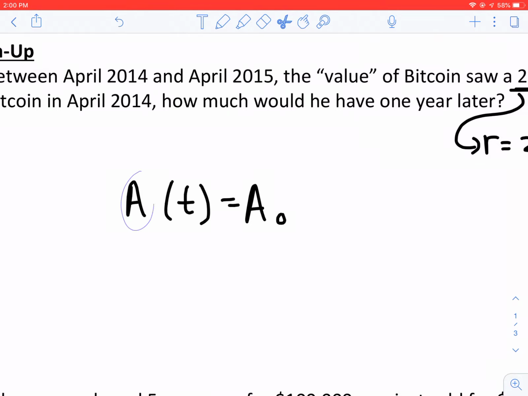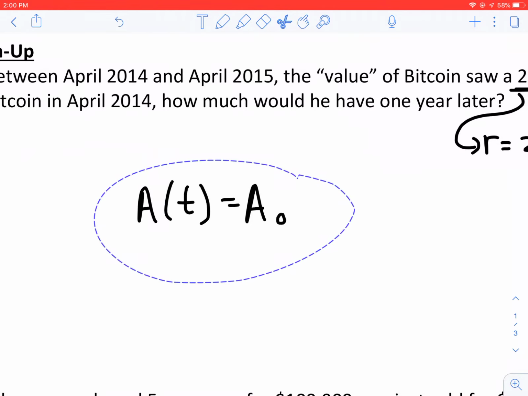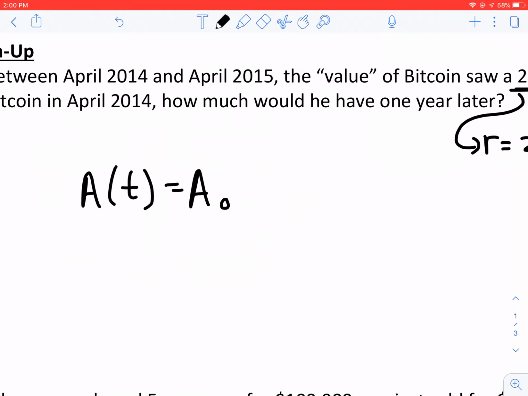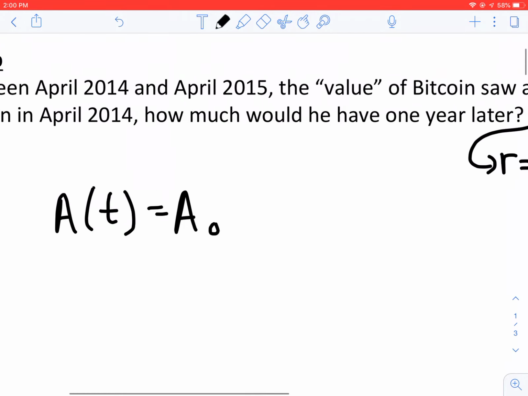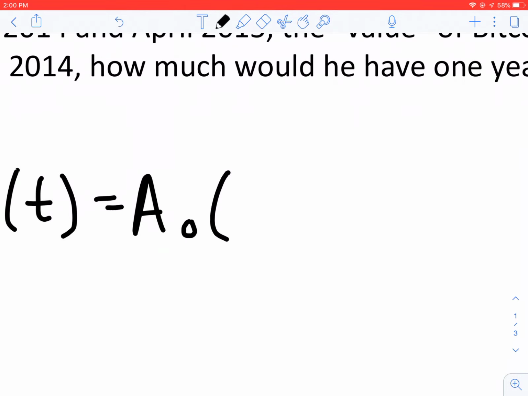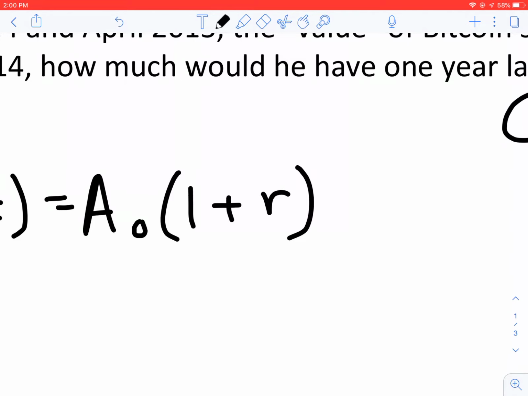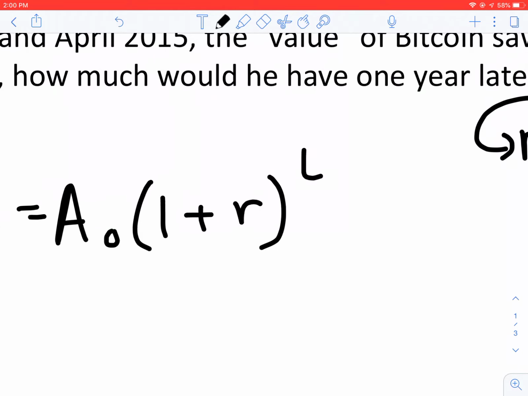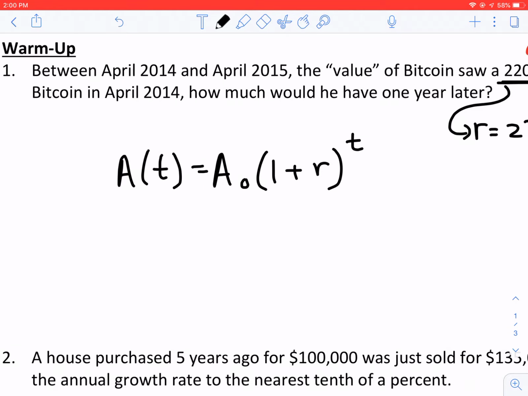It doesn't really matter what letter you use, but I'm going to change it to A of t today. So the amount of something after time t is going to equal the initial amount times 1 plus r, if it's rate of growth, 1 minus r, of course, if it's a rate of decay, or something's decreasing, to the t power. So in this instance, after t years, in this case after 1 year,